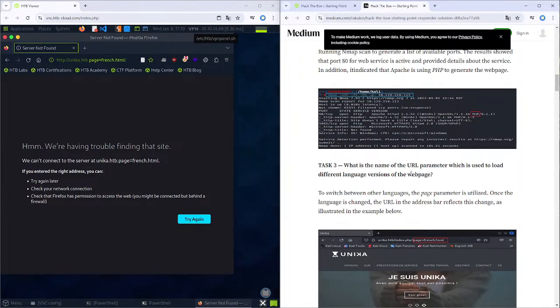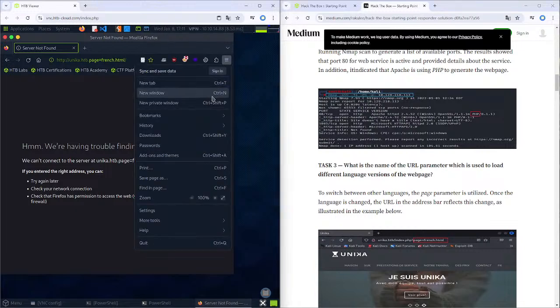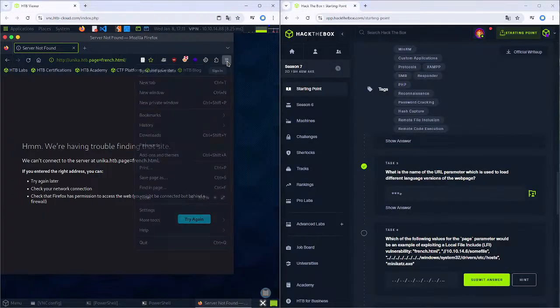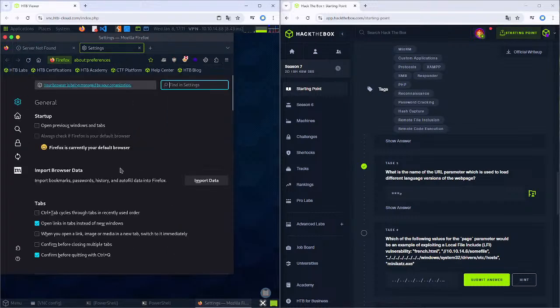Okay, wait, we were here. Oh, so we just have to change the language. How do you do that? I don't even know how to change the language. Maybe settings and then